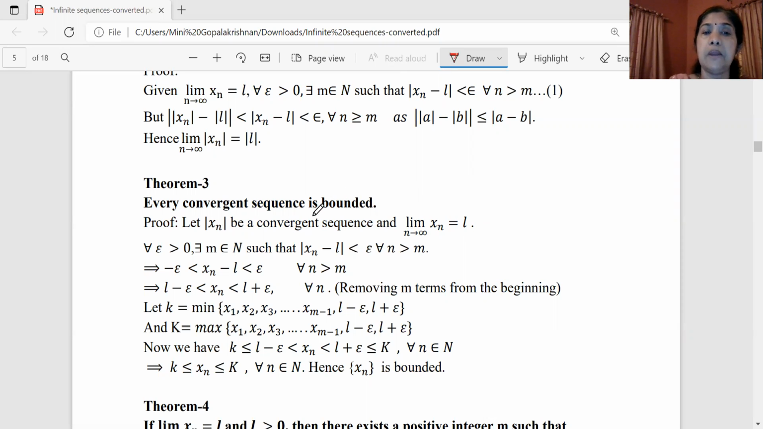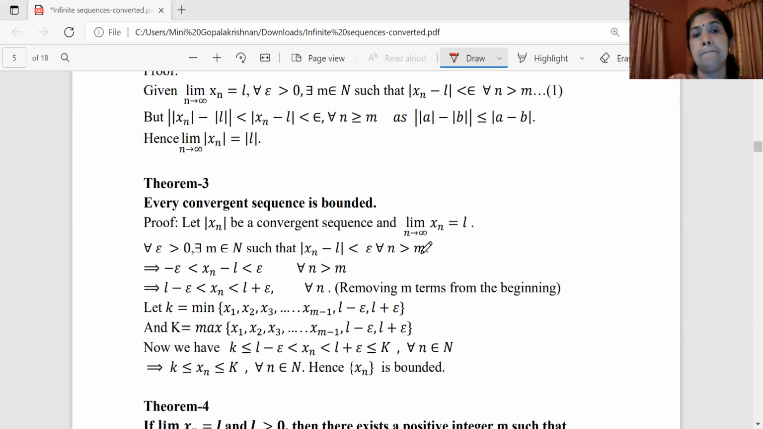Again, by the limit definition, for every epsilon greater than 0, there exists an m which belongs to N such that the absolute value of xn minus L is less than epsilon for every n greater than m. This means that whenever n becomes greater than m, xn are the members of the sequence. We have x1, x2 till x infinity. So when xn